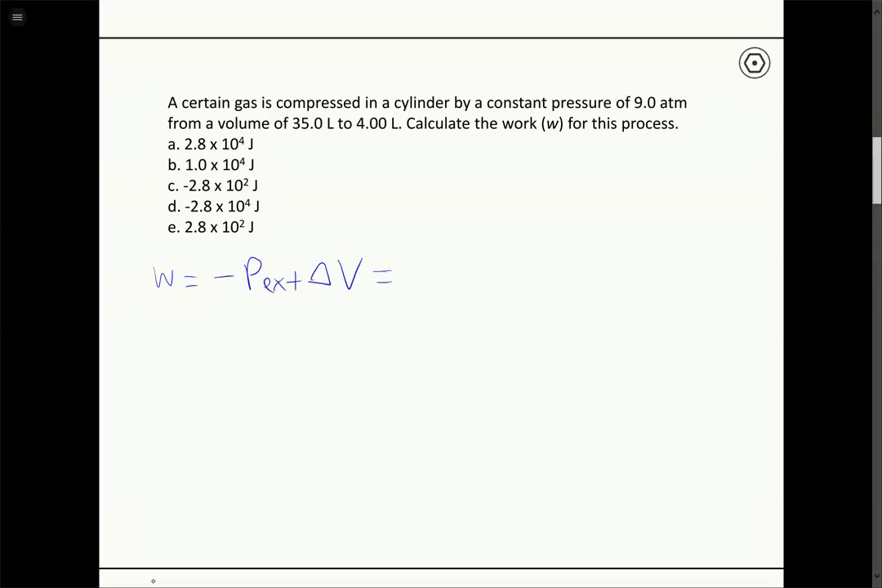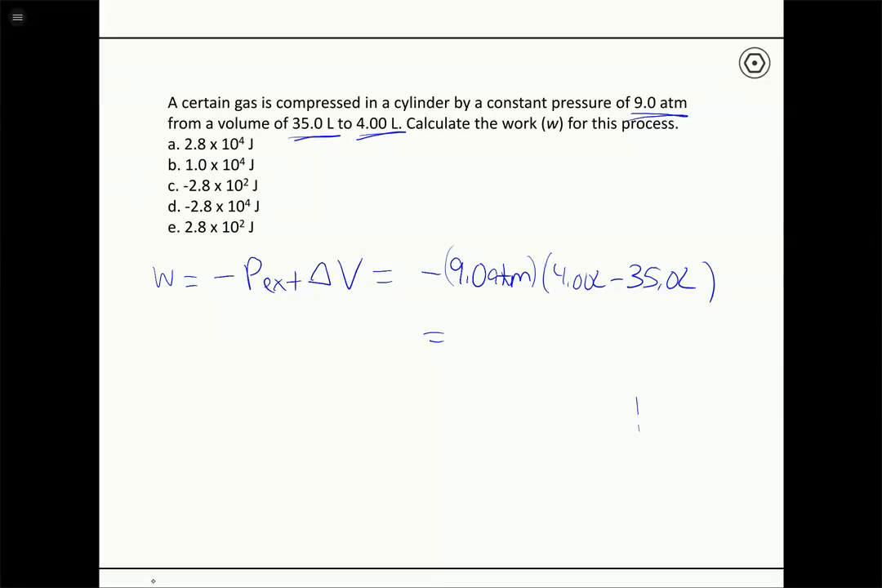So our external pressure is 9 atmospheres. And then the change in volume, remember, is V final minus V initial. So the final volume is 4, and the initial volume is 35. So we have 4.00 liters minus 35.0 liters. So that's the calculation we do, but if we're keeping track of our units, we should get 279